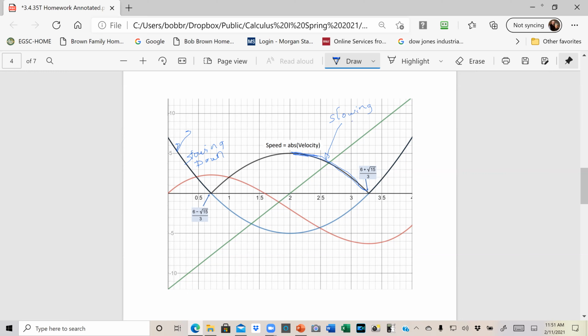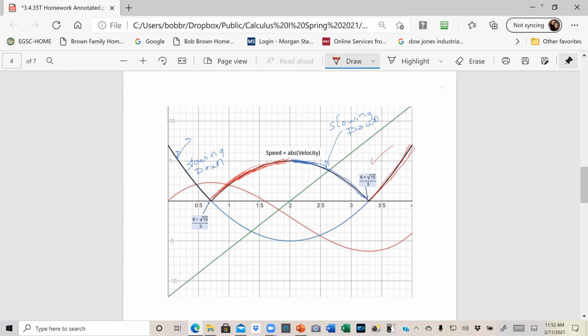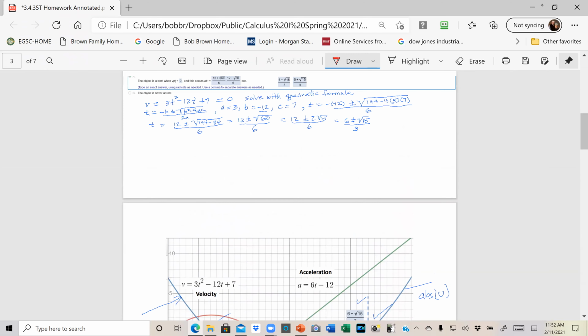And then let me take a red color and show that here it's speeding up, and it's speeding up here. So now, knowing these coordinates, we can answer some of the questions about the speed and other things. So now we'll be referring back